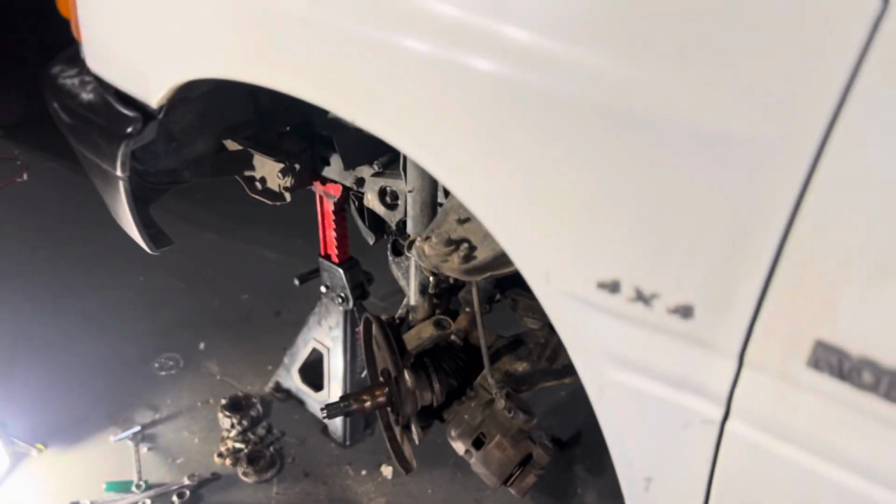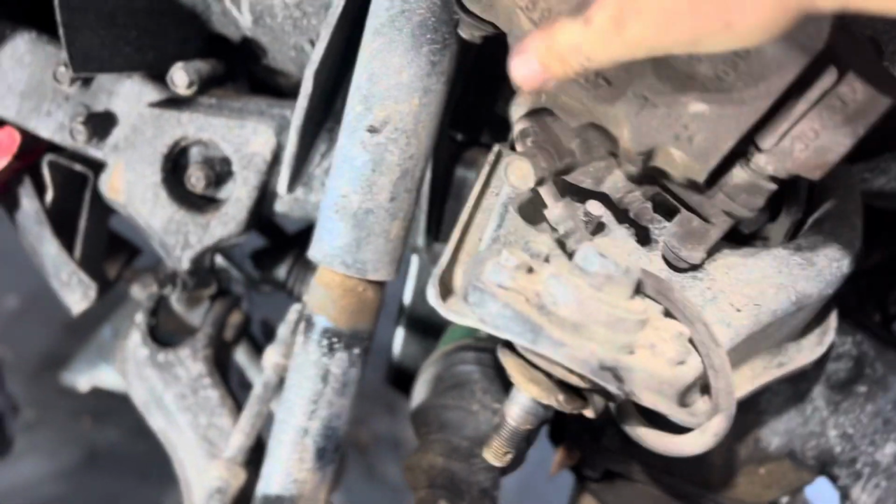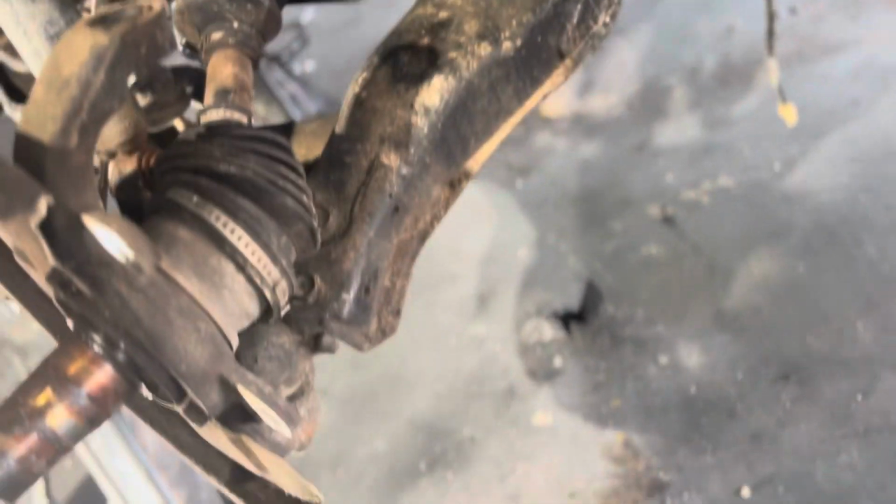Done. That was extremely difficult doing it with one hand, but that's all you need to do, right? Yes, the caliper is hanging there by its fucking scruff of its neck by the brake line, but we won't worry about that. That is going to be fine. The other one, like, it's just as easy. However, you might have a bit more of a tricky time because it only has the weight of the spindle on it. So